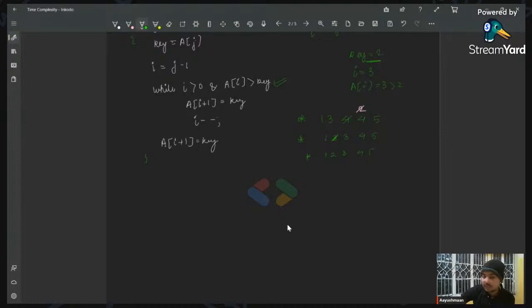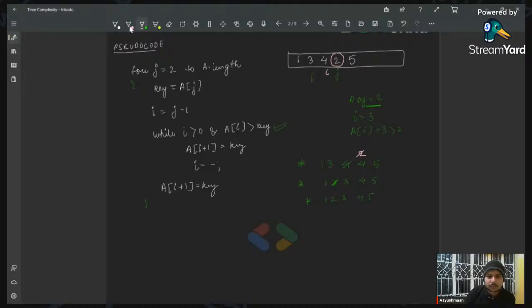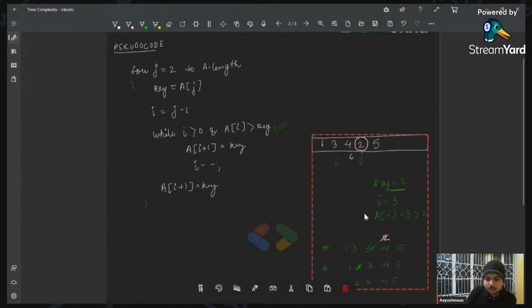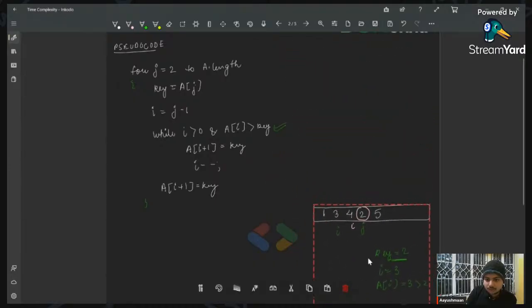Now moving on to the time complexity part, how we are analyzing this. Okay, let's move everything here a bit aside because we'll be looking at the time complexity part. Now see,